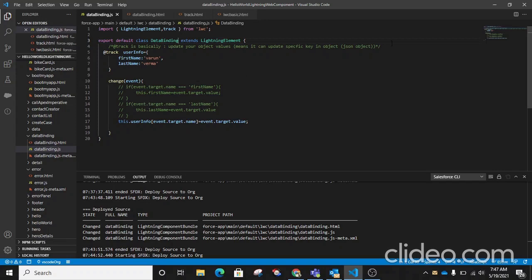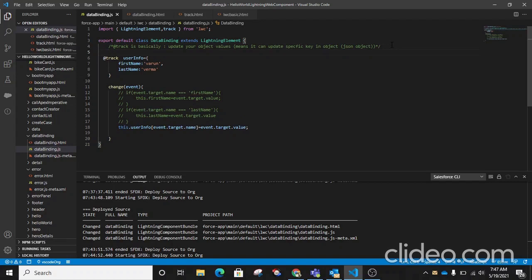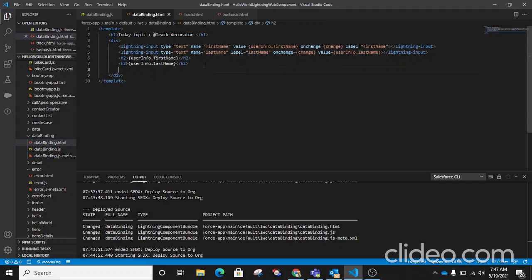And the same thing happens with an array. So let's see how @track works with an array. The same scenario will happen with the array. I'm taking an array here, 1 2 3 4 5. I have an array and I am taking a div, and I am using a for each loop here.